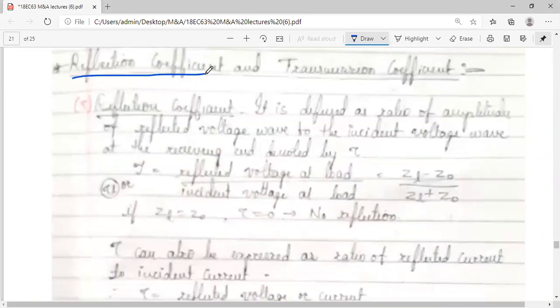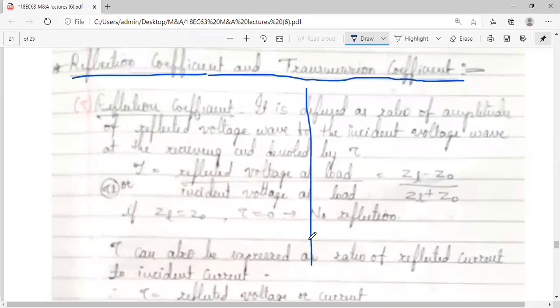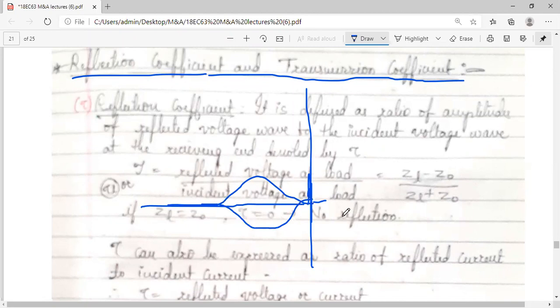Before moving further, in your WhatsApp groups, I had posted one GIF showing how a wave is traveling. If this is your boundary, whenever a wave travels in this form, a sine wave is moving like this. When it hits this particular line, which is a load, some part gets reflected. That GIF is just 3 or 4 seconds. Please go through it. How a reflection is occurring is clearly visible in that.